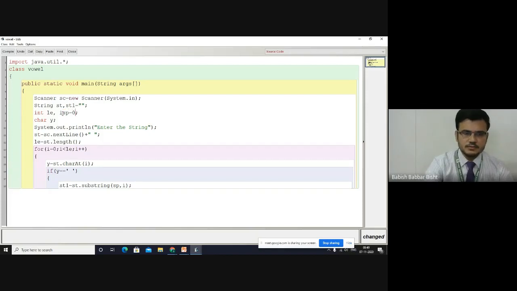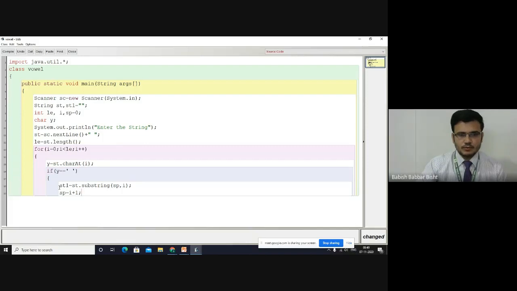After that, sp equal to i plus 1. Now in this logic, what will happen? The st1 will hold each word when this condition becomes true.